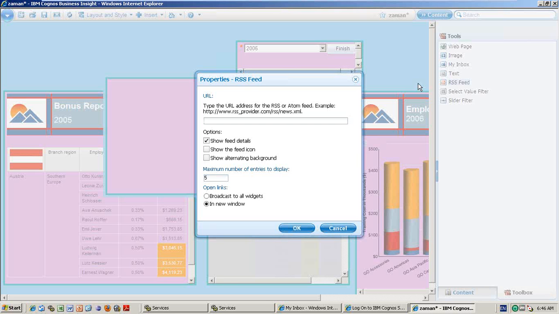RSS feed mainly deals with whenever some updates happen to the blog, then automatically it will show that one. So it's new things, which are news items or something like that. So for that, from our side, we don't need to do anything. We need to give the XML. So the feed XML, news.xml.